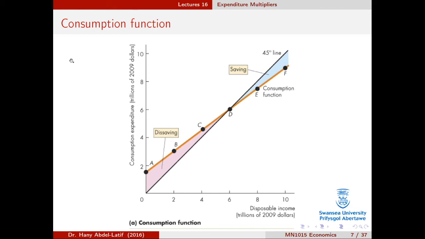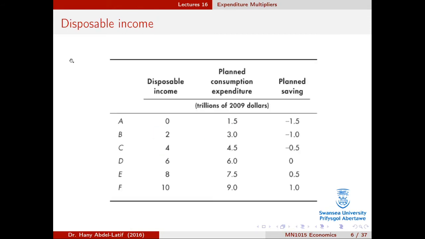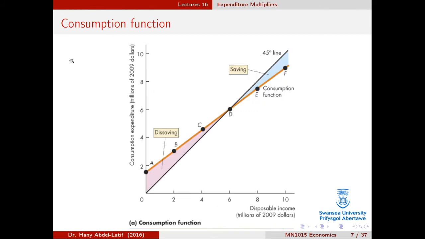And this is not the point here. The point is that when we look at this orange line, or whatever this color is, where you can see the points A, B, C, D, E, this represents what we saw in the table, between disposable income, the first column, and the second one, which is the consumption. So these are exactly all the points. So what we can see here,